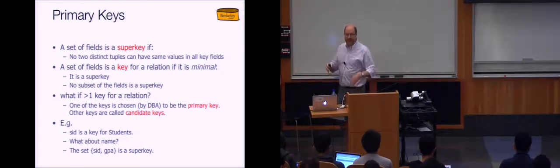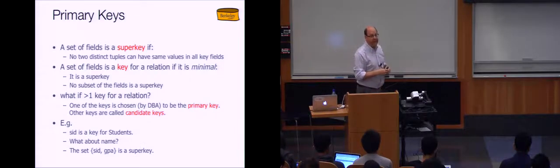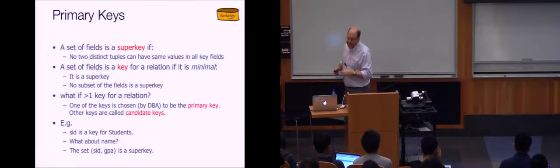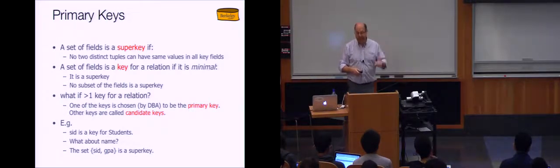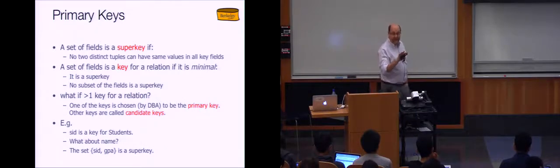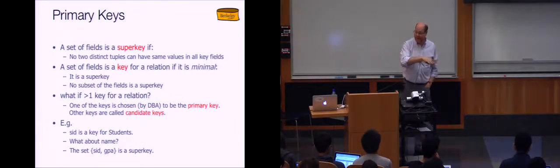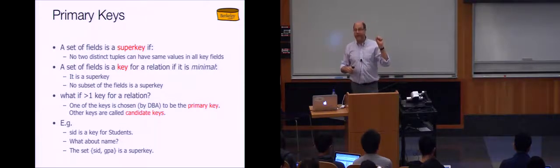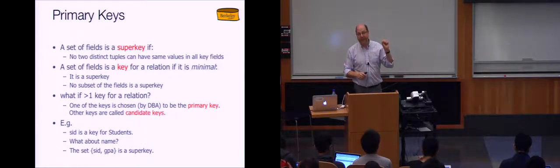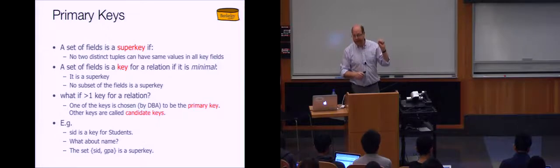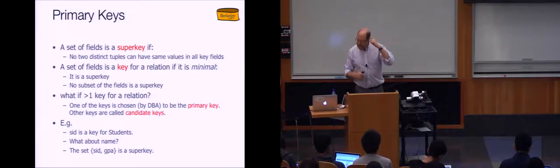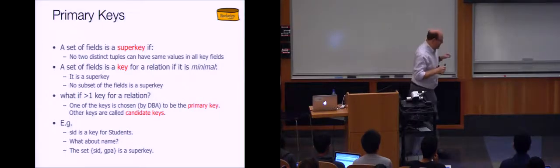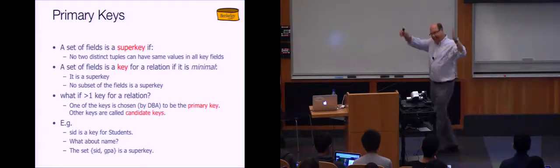So that's a superkey. So any set of fields that are guaranteed to be unique are called a superkey. And a set of fields is a key for a relation if it's minimal. So we're going to use the term key more specifically here. So that means it's a superkey, right? Uniquely identifies every record in the table. But if you took away one of the fields, it wouldn't be a key anymore. It wouldn't be a superkey anymore. Okay, it wouldn't uniquely identify the record. So, for example, did I say that backwards? Yeah, I said it backwards. I haven't done this for a while. Sorry. Let me start again. So, superkey uniquely identifies